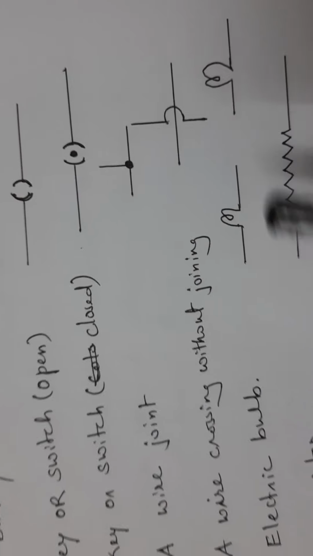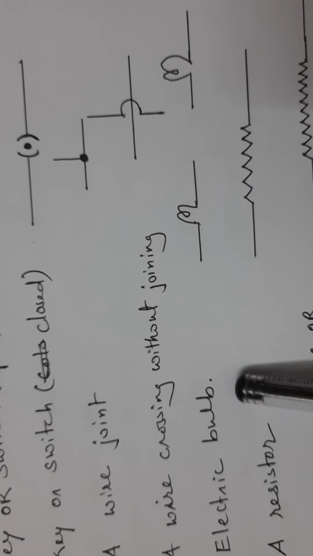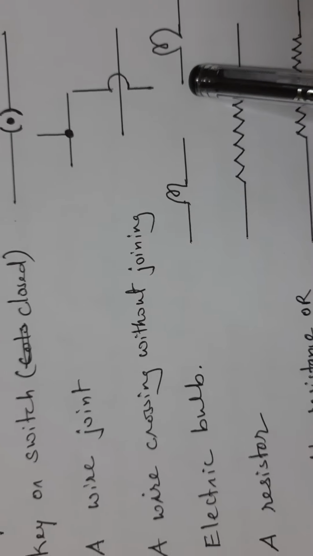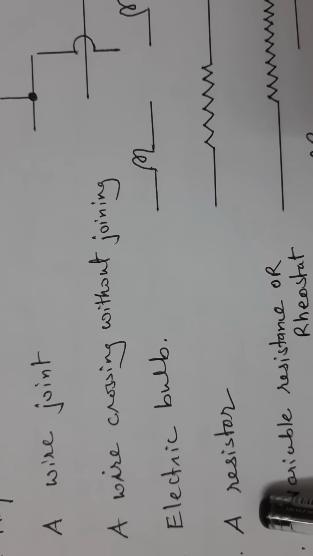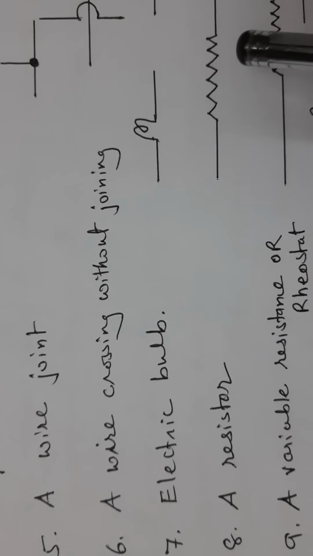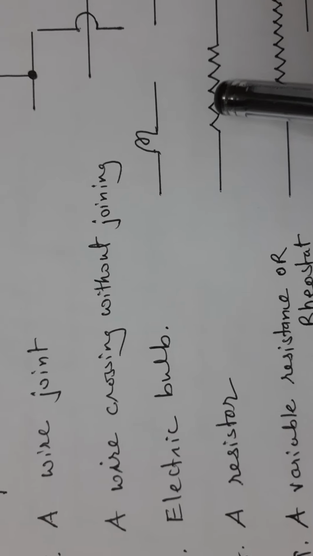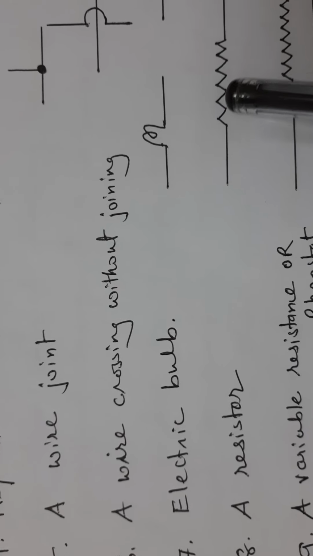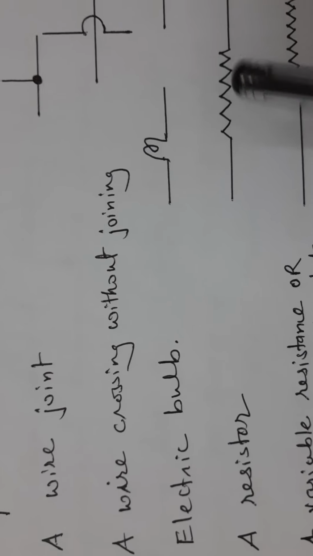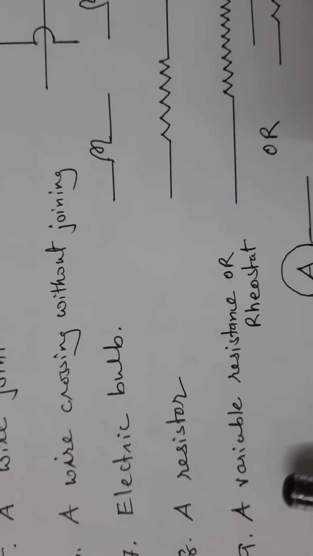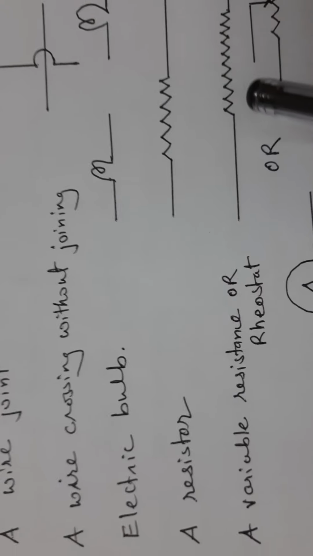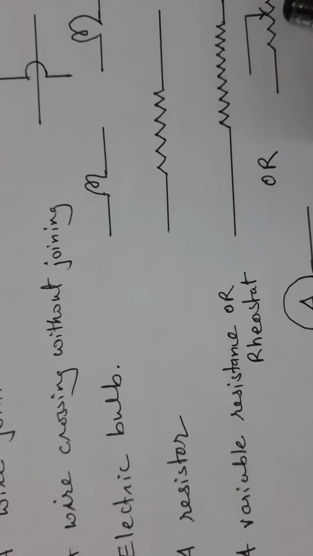That is the diagram. This particular figure is of a bulb. It can be drawn in this manner or it can be drawn like that. This is a bulb. Then this is a resistor. We will be talking about what a resistor is in our next session. This is the symbol of a resistor. Now sometimes resistances are such that we need to draw a variable resistance, and at that time we will draw this kind of resistor. Here we need to put a cross. This is a variable resistor.